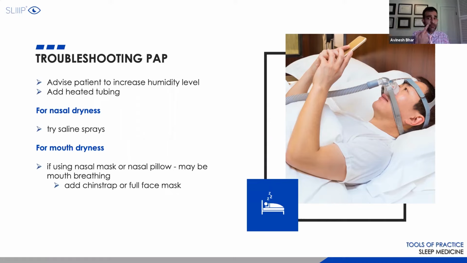Sometimes the mouth dryness could be that they're getting a nasal mask, and the air pressure is actually causing them to open up their mouth slightly, and the air shoots out. So there's air traveling here as opposed to air traveling here to keep the airway open. That causes a lot of mouth dryness. So if that's a persistent issue, you can still use a chin strap, just like a little bow tie that you tie around, which can be bought from any website, or you can switch to a full face mask in these patients.